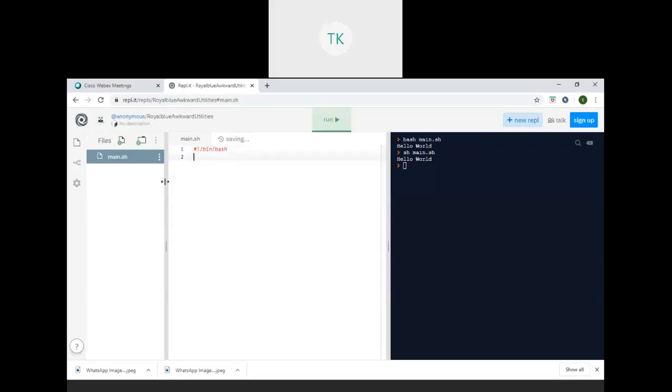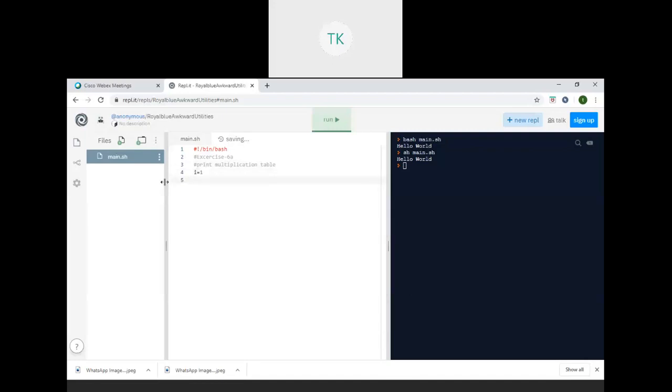Then you can have a comment line, for example exercise 16, anything. This is a comment line. You can type one more comment line also: print multiplication table. Like this you can have any number of comment lines.